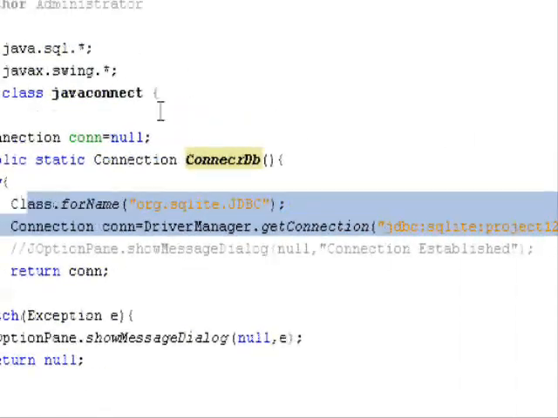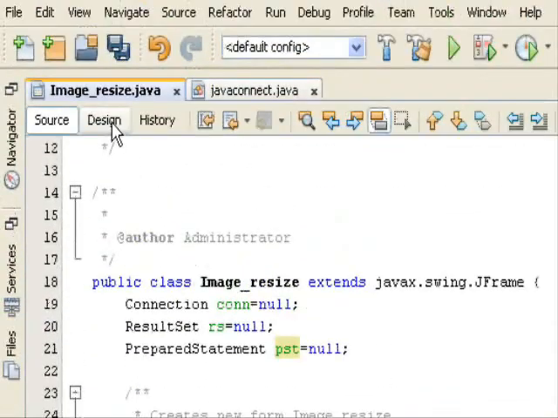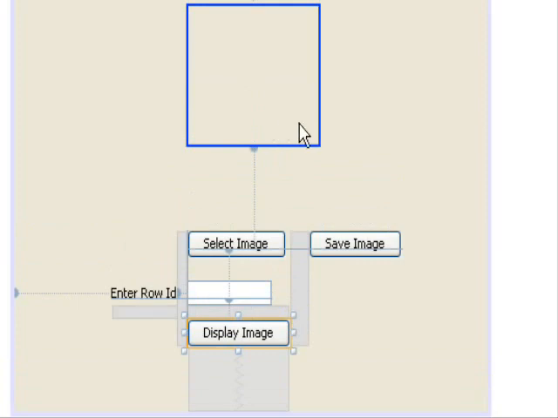So just be prepared with this, and we'll start with coding for the selection button in the next tutorial, and I'll provide you with the APIs that we'll be using.